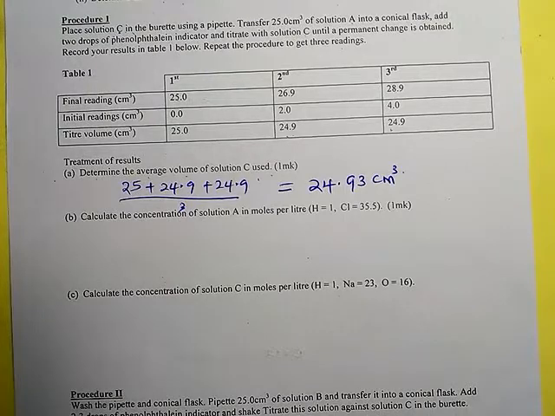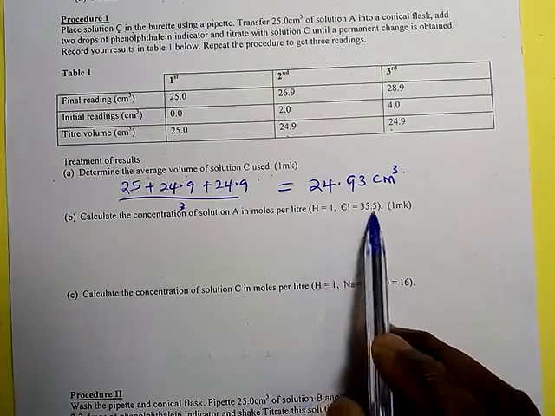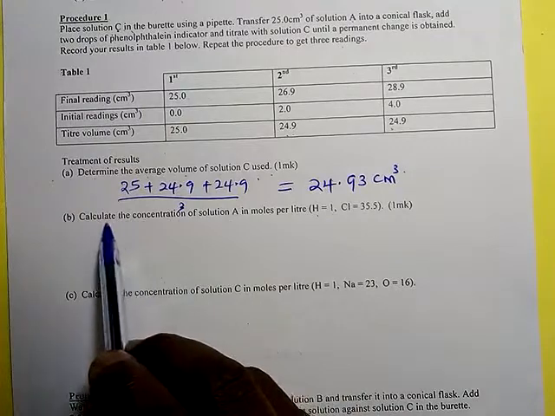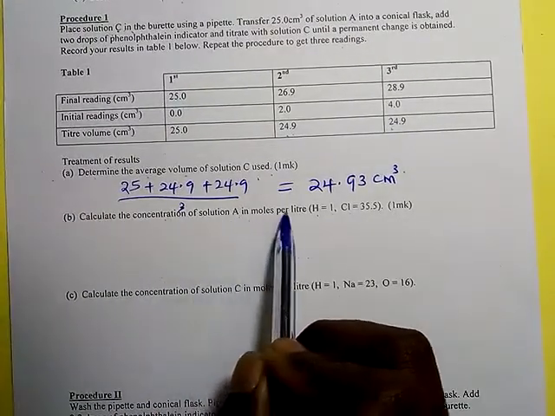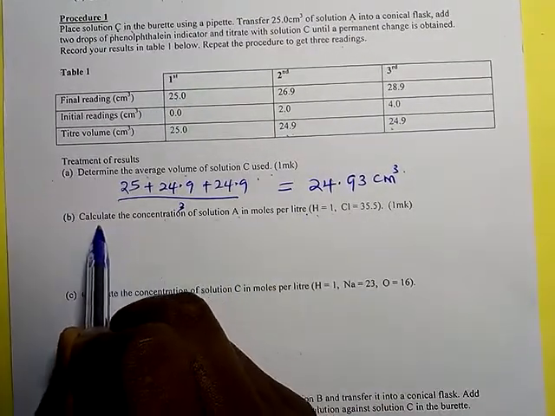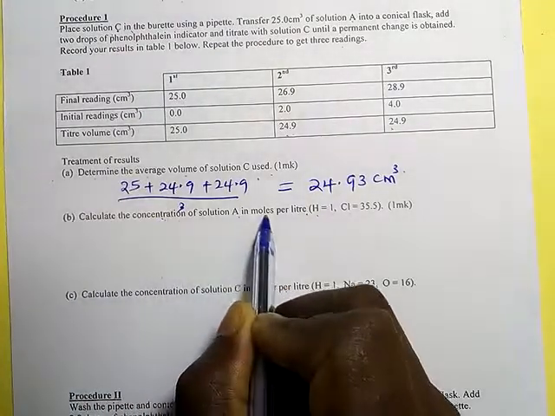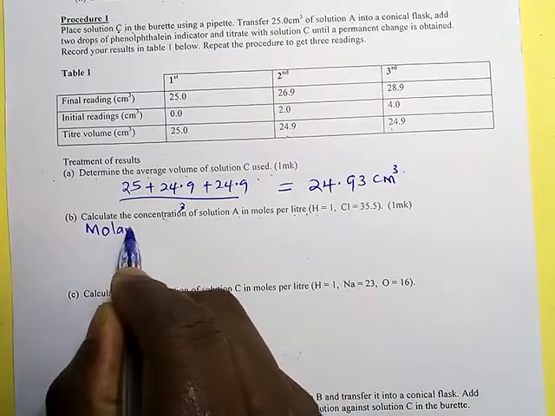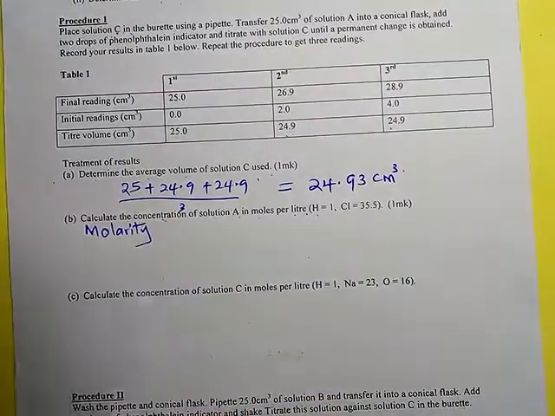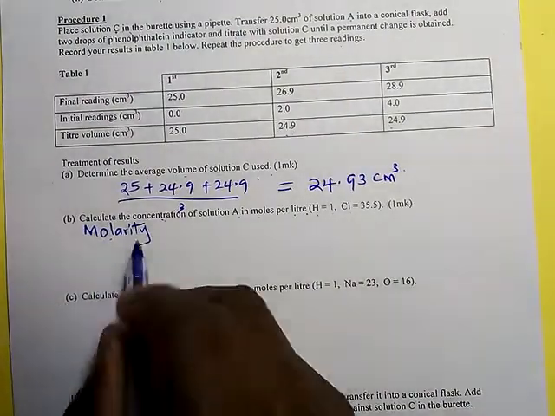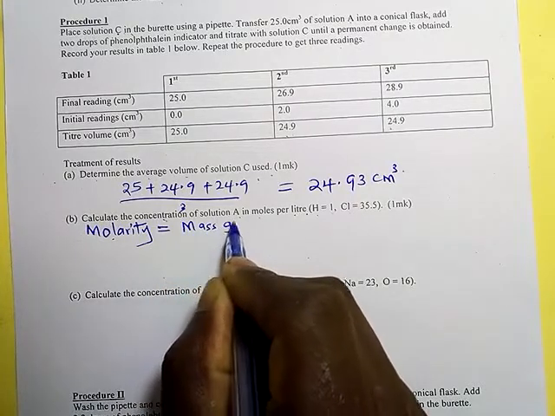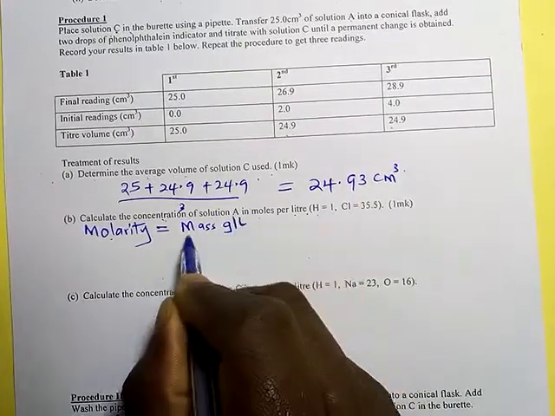Calculate the concentration of solution A in moles per liter. You are given that hydrogen is equal to 1, chlorine is equal to 35.5. Whenever you are asked to calculate concentration in moles in 1 liter, that is what we call molarity. So they want us to calculate molarity. How do you calculate molarity? Molarity is equal to mass in grams per liter divided by